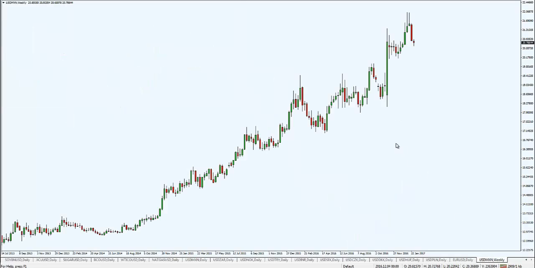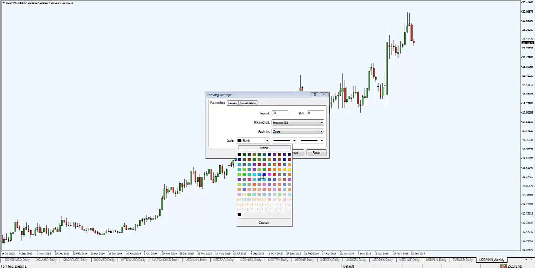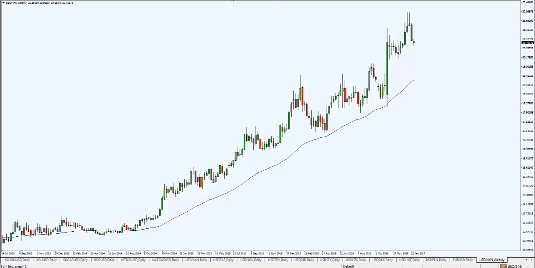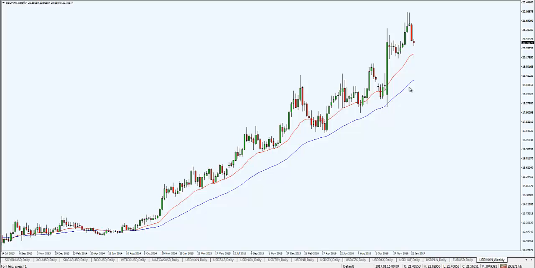The next thing I want to talk about is how to use moving average to help you identify areas of value. Some possibilities of areas of value are previous resistance turned support. That is one. Alternatively, you can also use moving averages, like the 20 and 50 period moving average. In this case, let's put in the 50 and the 20. What the 20 and 50 do is help you create, let me change this to red, a so-called zone, an area to look out for where price may potentially pull